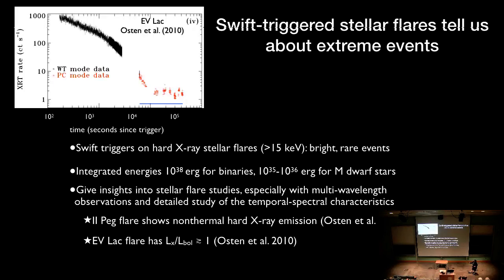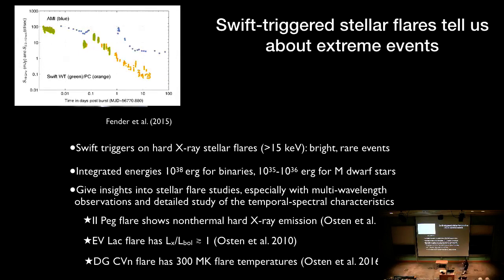This one particular flare observed on the nearby M dwarf EV Lac, which I like to tell people was a gamma-ray burst that was 17 light years away from us, which is pretty impressive. This particular flare on EV Lac, the X-ray luminosity of the flare exceeded the bolometric luminosity of the star. So to put that another way, the bolometric luminosity of the star increased by factors of several on timescales of 10 minutes. And that's something that you think about changing on evolutionary timescales, billions of years, not something that you can check with your watch.